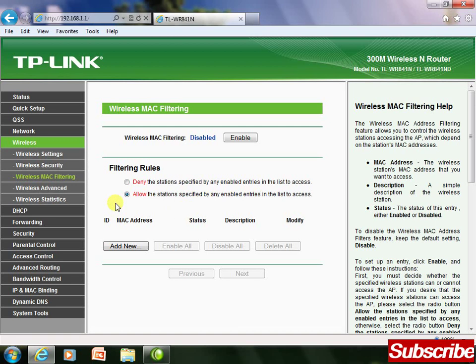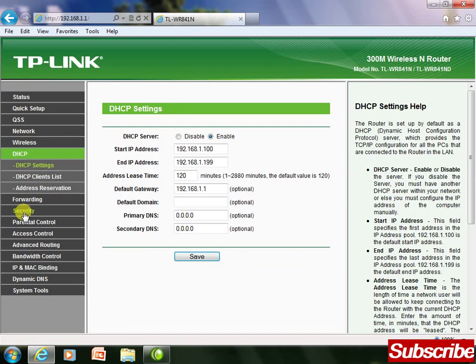Next, for example, DHCP. We have already discussed it in the protocols. DHCP is used for what? Dynamic Host Configuration Protocol is used to assign IP addresses to all the connected clients. If the ISP, which gives you the internet facility, also provides the DHCP server facility, it means it will provide the IP addresses to all the connected clients. So you have to, from here, you have to what?